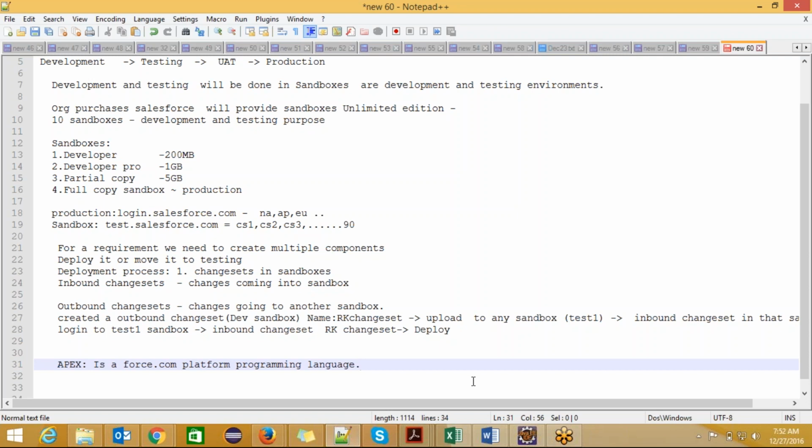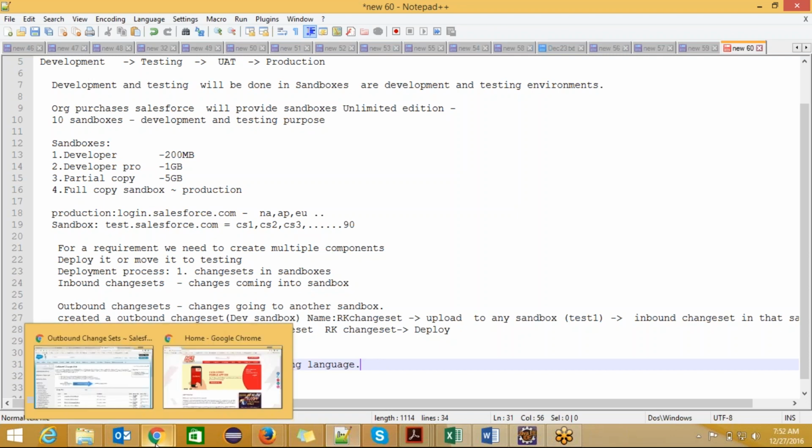So if anything is not possible through administration, then we need to implement that functionality through custom code in Apex or Visualforce. Apex is nothing but a backend programming language. Whenever you are clicking on any button. A simple example is,